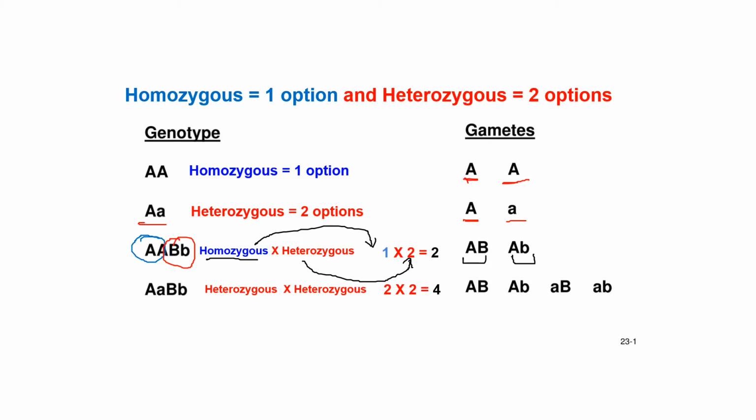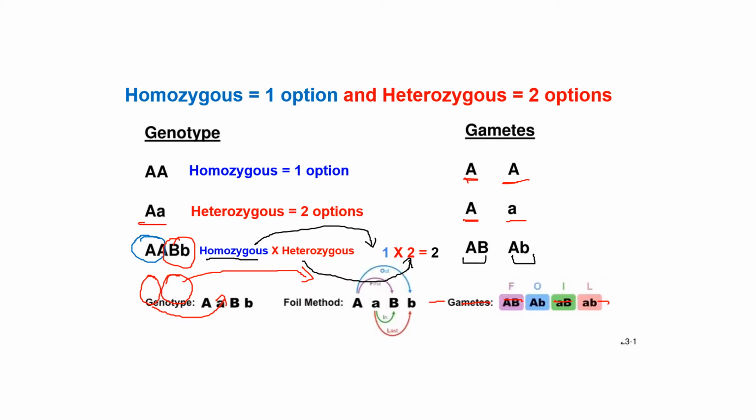So here you have two heterozygous. Let me put it in red. You have one heterozygous here, and you have the other heterozygous here. So now, one heterozygous, the other one heterozygous. So you just have to multiply 2 by 2, and you have 4. So you will have 1, 2, 3, and 4. And just to remind you,